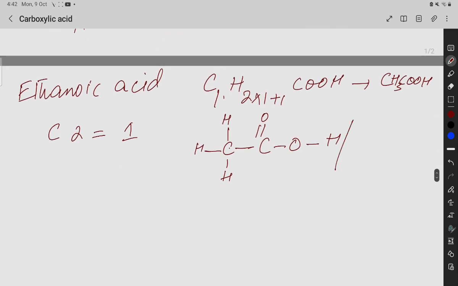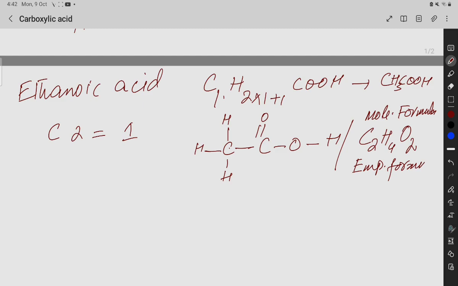And molecular formula is C2H4O2. This is molecular formula. And empirical formula क्या बनेगा? CH2O, ठीक है। अब सिमिलरली प्रोपेनोइक एसिड,